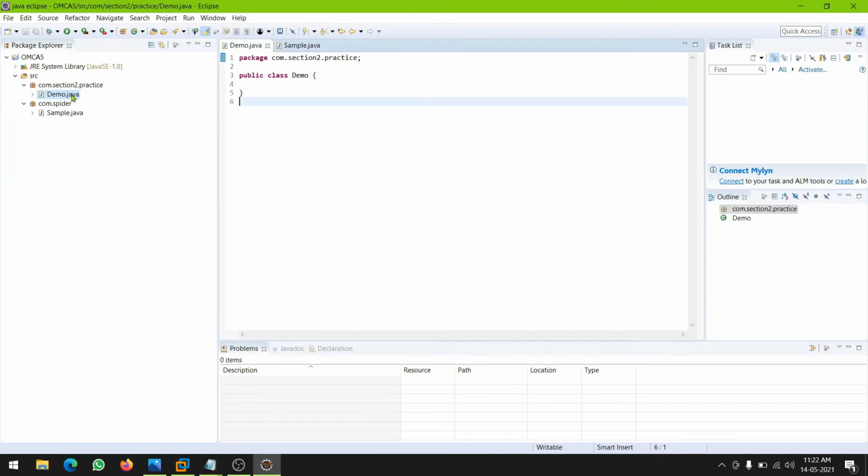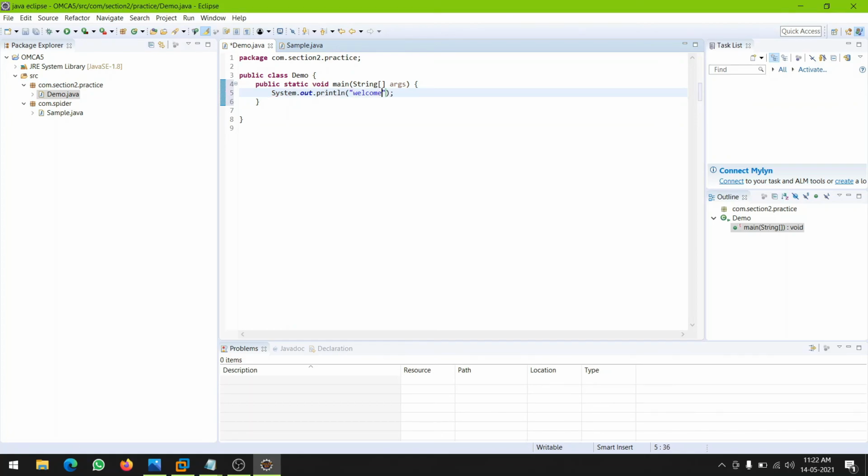Let's discuss this demo. Here also I am going to write one piece of code. Main method created, sysout, and I am going to give welcome. So I am going to save this demo Java file. Ctrl+S. The demo Java file has been saved.